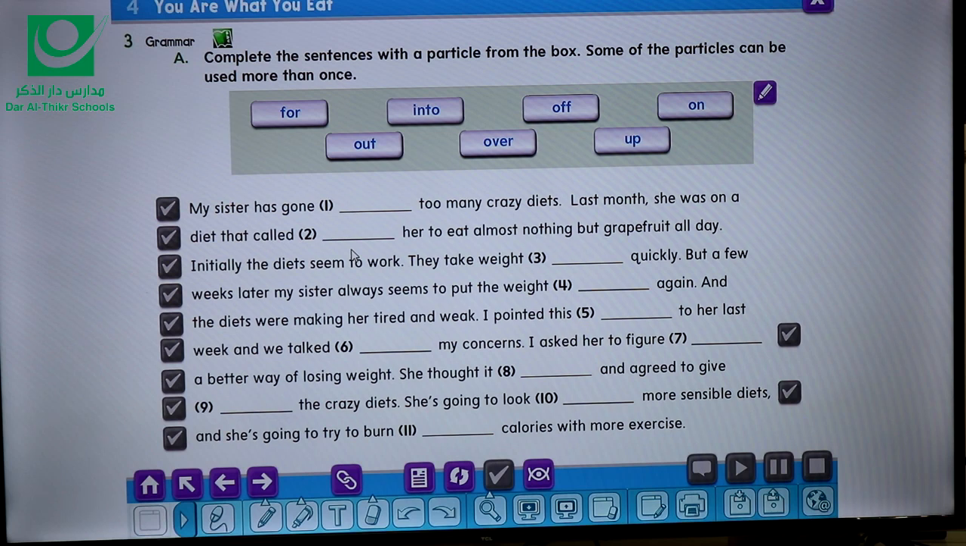My sister has gone too many crazy diets. Last month, she was on a diet that called her to eat almost nothing but grapefruit all day. Initially, the diets seem to work. They take weight quickly. But a few weeks later, my sister always seems to put the weight again. Now, look at the first sentence. My sister has gone. So the missing preposition or particle here should be